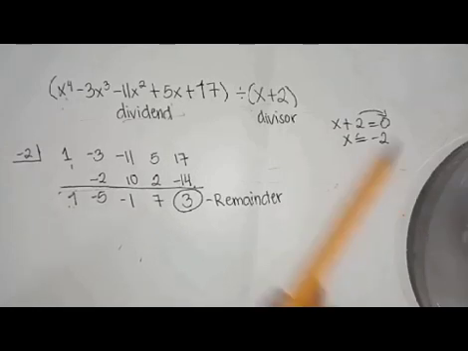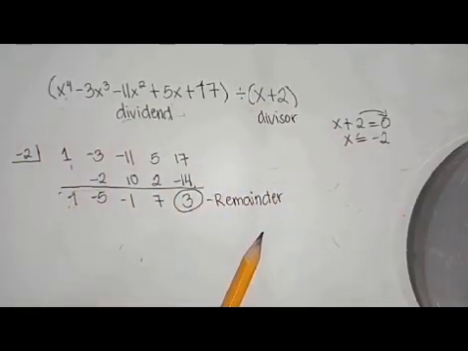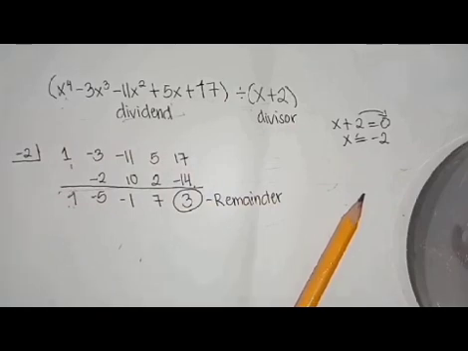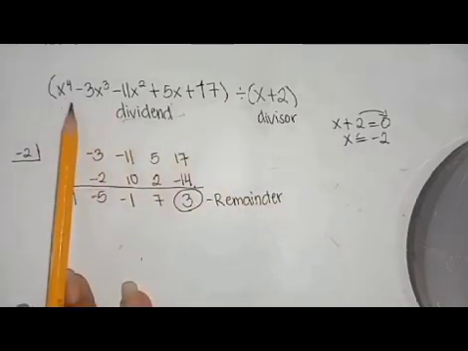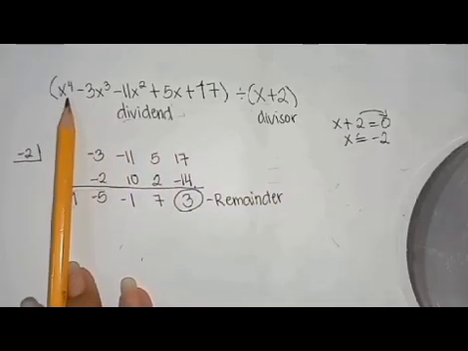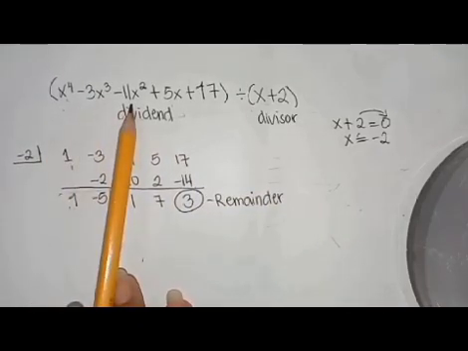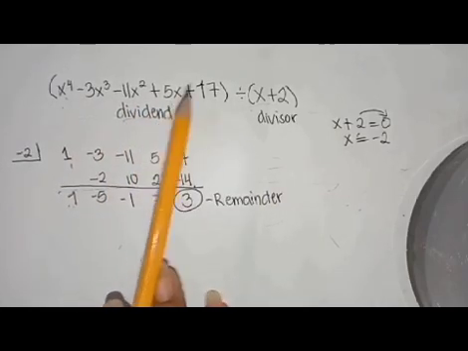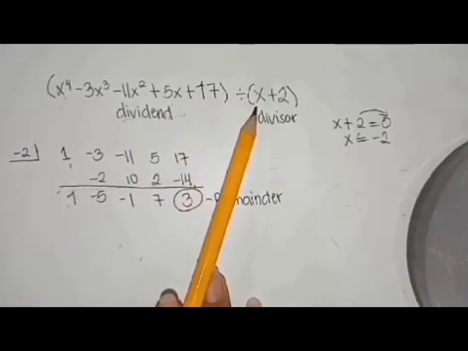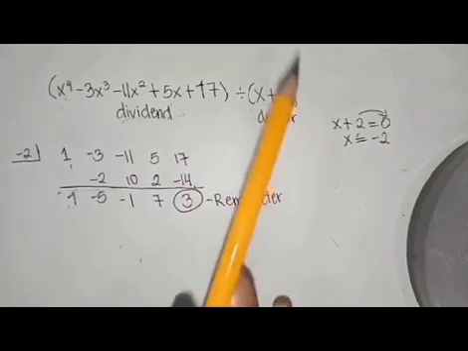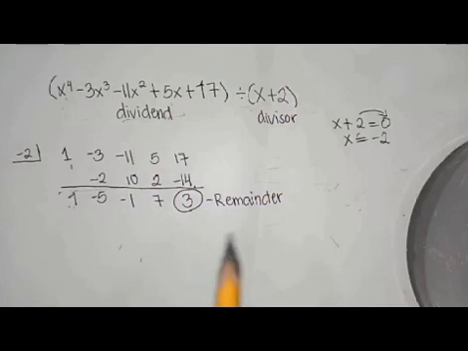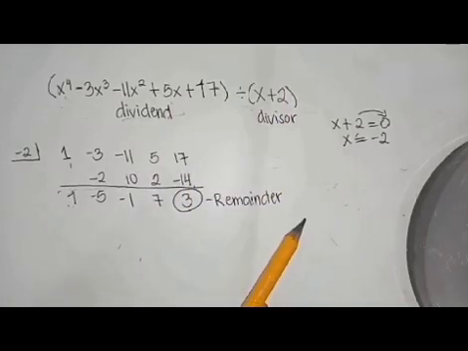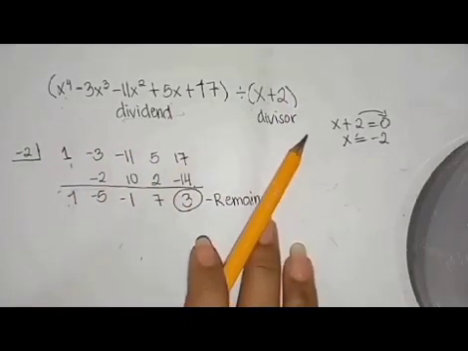We will talk about synthetic division, or the other way on how to do dividing polynomials. So this is the first problem. We have x to the 4th power minus 3x cubed minus 11x squared plus 5x plus 17, divided by x plus 2. So what will happen here, guys, is you will first get the coefficients